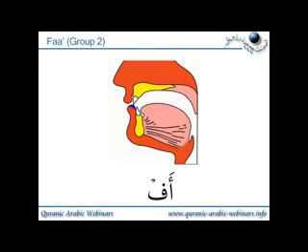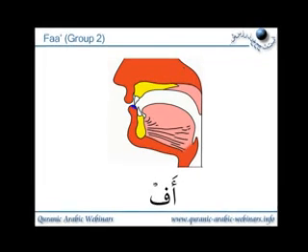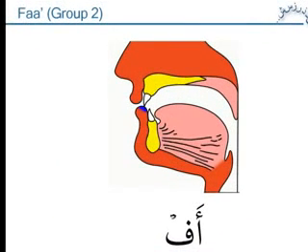So starting from group 2, which is really the letters that involve the lip, we'll start just with fa. So with sukoon, all of these practices, we're going to practice a sukoon on top of the actual letter, but we're going to precede it with the hamza with the fatha. So it starts with the a sound, and then we join it to the letter which is working with its sukoon, i.e. its sakin. So in this case it's going to be af, af,